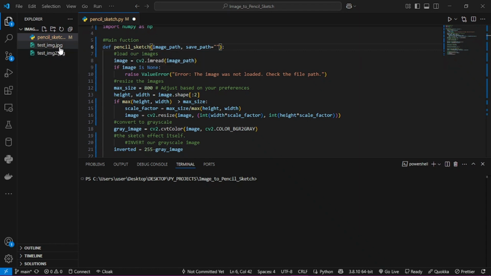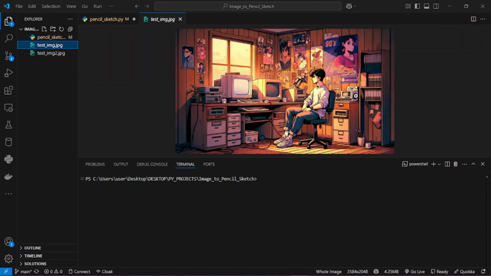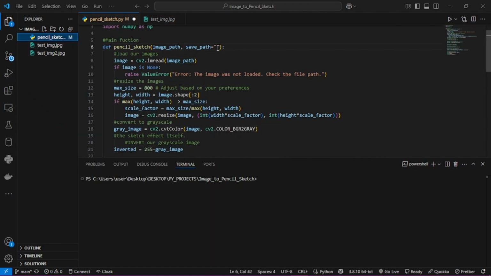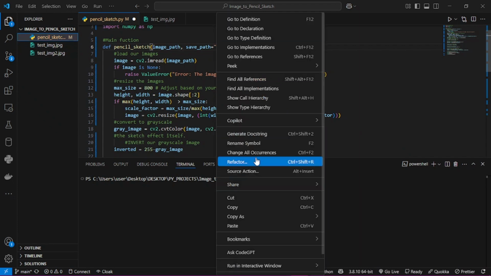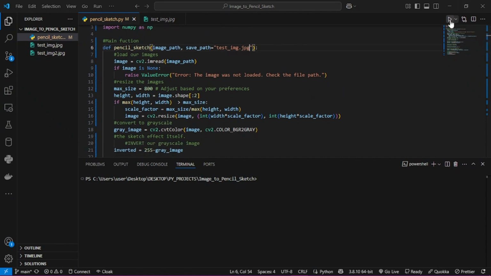So let's have a look at my test images. This is my first test image, and you can see how it currently looks. Very colorful and beautiful. Yes, es muy bonita. So let's copy the relative path, and then we are going to plug it right here. So paste, and then hopefully when we run, we are going to create